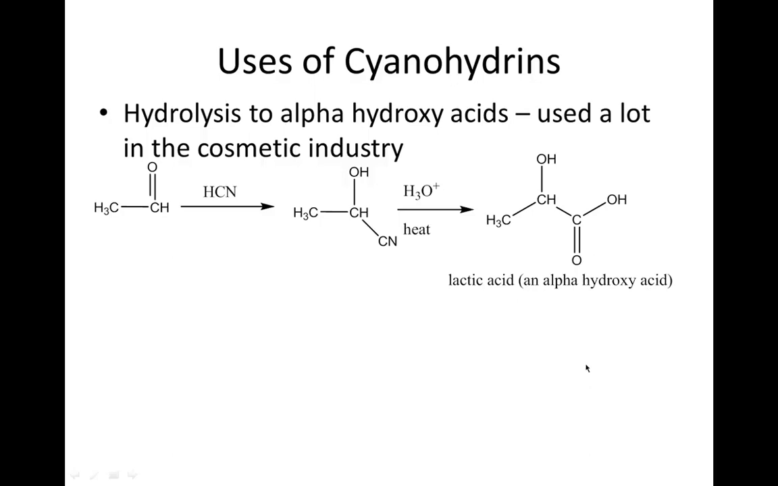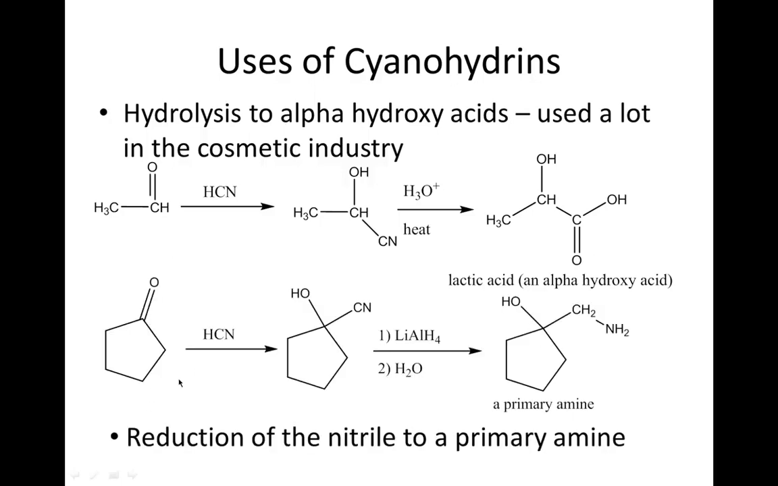Alpha hydroxy acids are used in some facial cleansers and things like that because they're all natural, and of course they don't necessarily have to be all natural. They can be made industrially with simple reactions like this. The other reason we're interested in this is because, once again, we've incorporated the nitrogen, as the cyano group contains the nitrogen. So here's an example of a cyanohydrin from